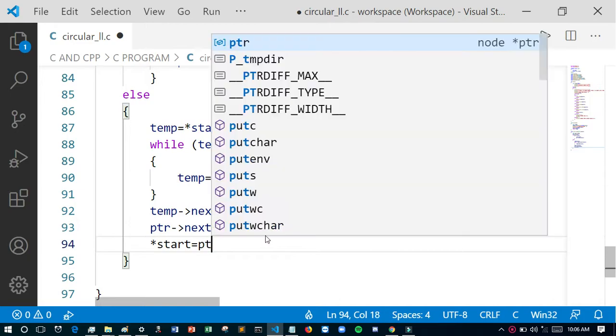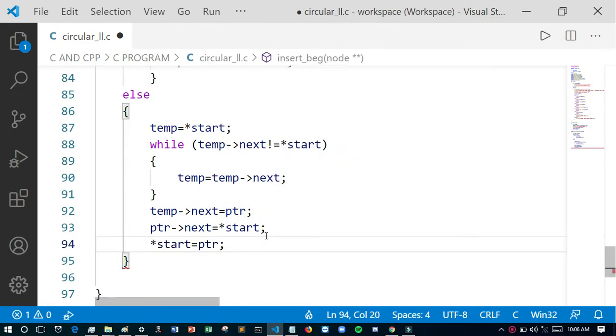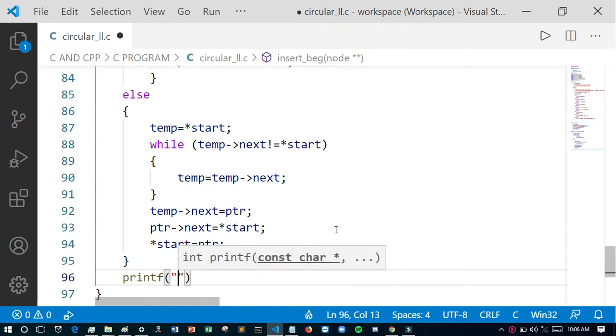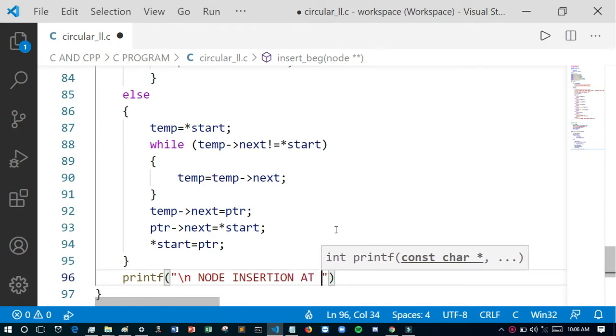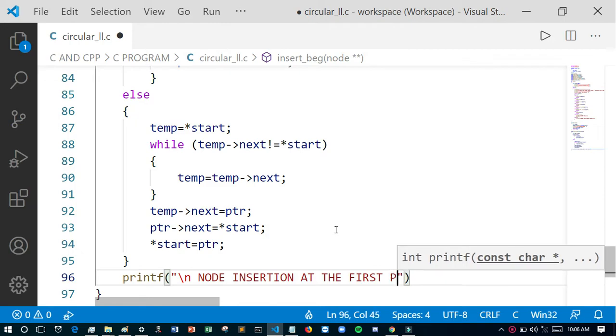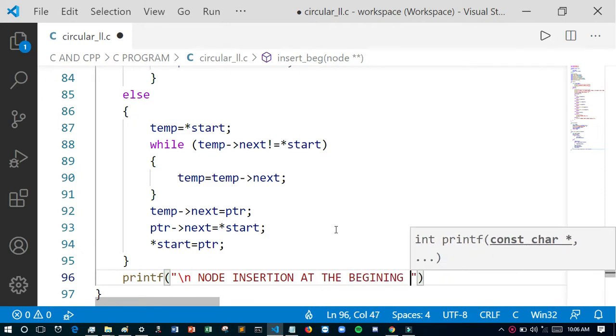Be careful about the first node, because I have to modify it, and we have to maintain the start very carefully. Then I want to give a message after inserting the node: node insertion at the beginning position successfully.